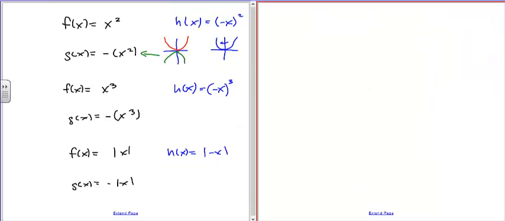Okay, now the part people have the most trouble with is this situation. So let's say g of x is equal to the square root of negative x plus 3. Now normally, if you didn't think about it, you'd think this was going to be shifted minus 3 units. Because if I had, let's say, h of x is equal to the square root of x plus 3,